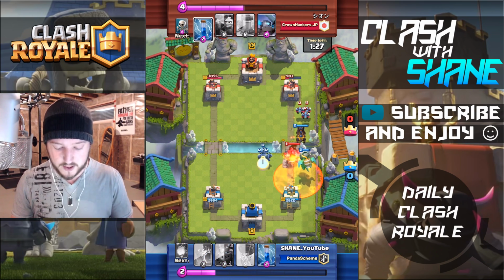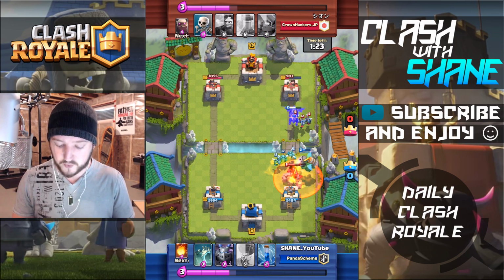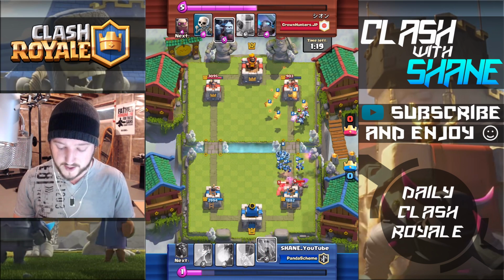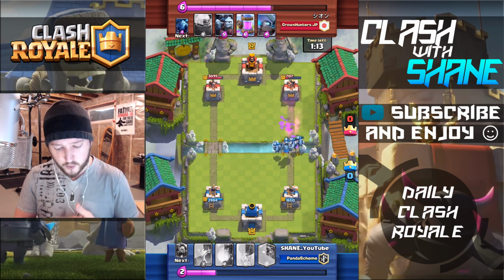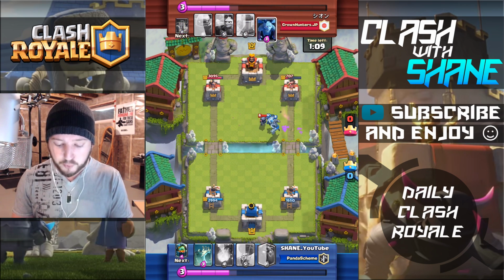So as you can see here, Inferno Dragon locking onto the Golem, trying to use the minions outside of range of the poison spell, but unfortunately they do follow it in and almost die with 1 health left right there. But the LavaHound going back there with the lava pups doing a bit of chip damage to his tower in the process. We also have some minions and a Mega Minion going back,